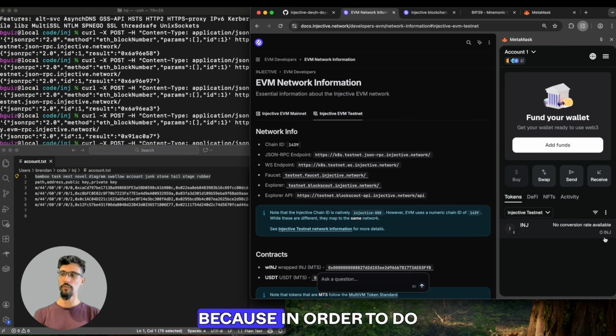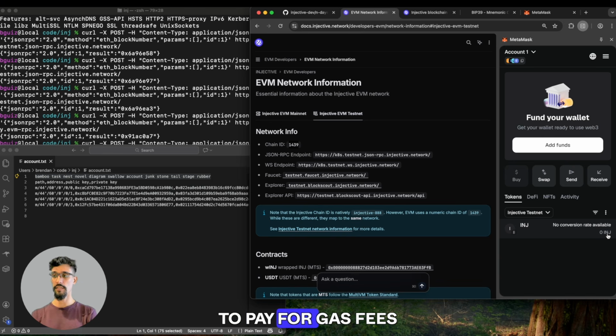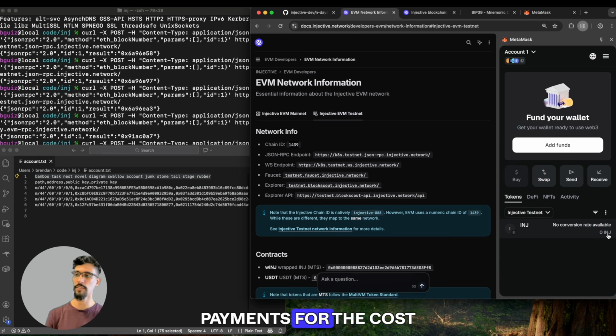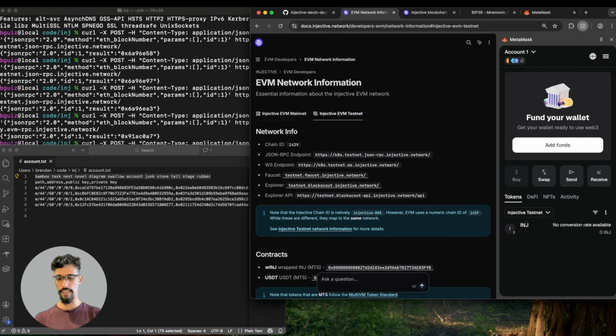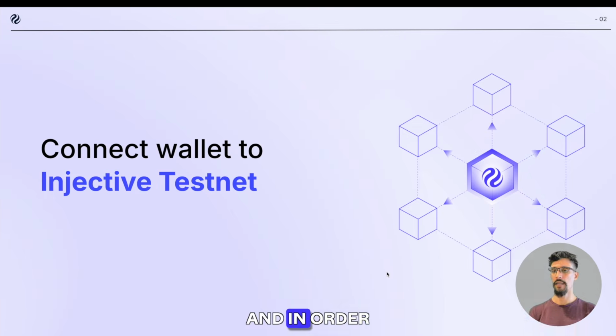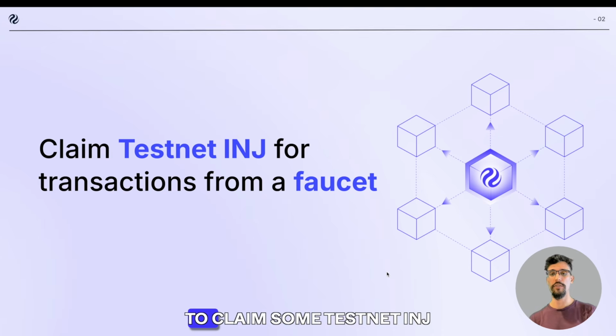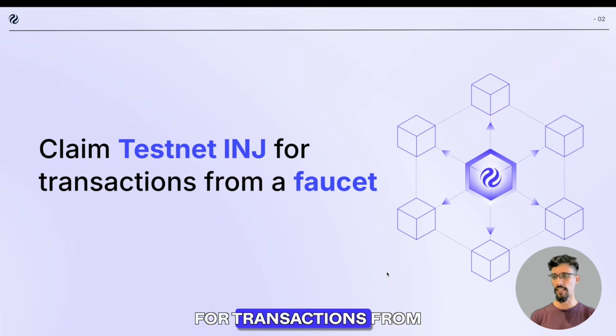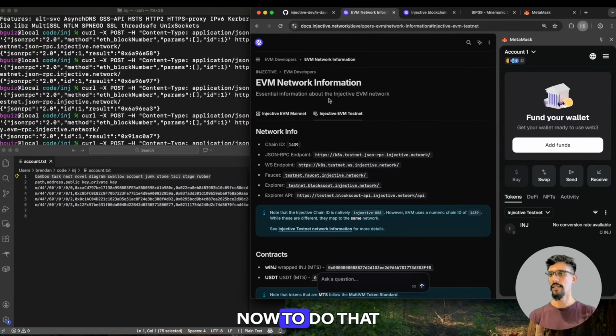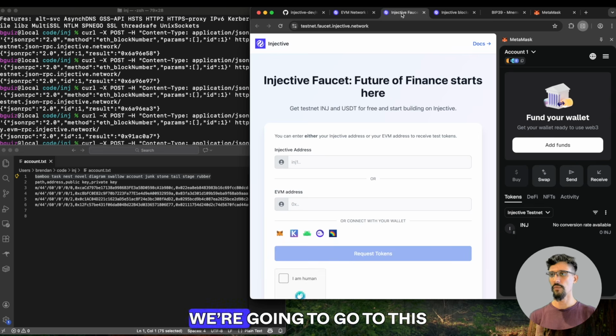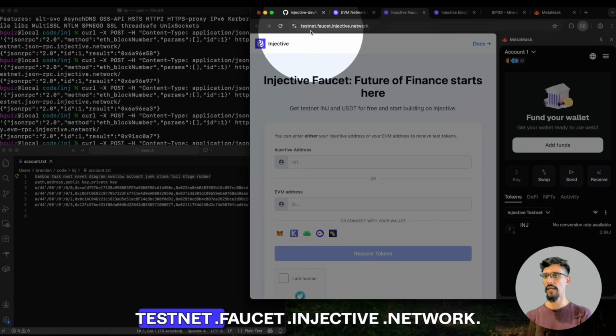And that's not very useful because in order to do any transactions, we need to have at least some INJ to pay for gas fees, which are essentially payments for the cost of executing a transaction. And in order to do that, we are going to claim some testnet INJ for transactions from an Injective faucet. Now to do that, let's go back to the EVM network information page, and under faucet, you'll see that entry. We're going to go to this, which is at